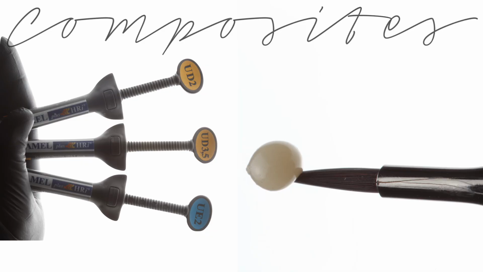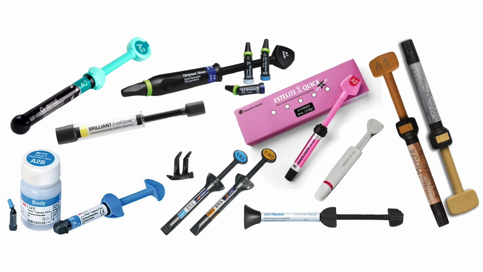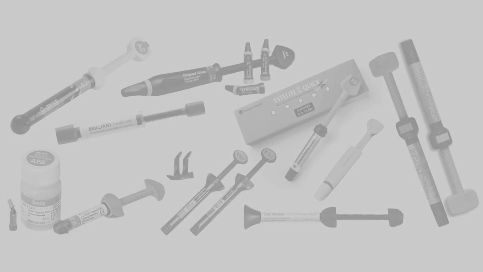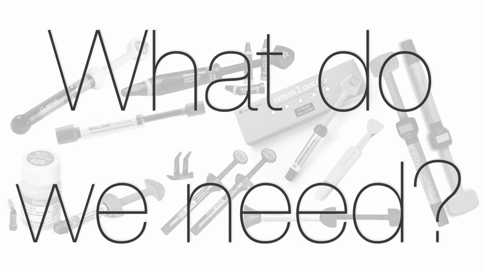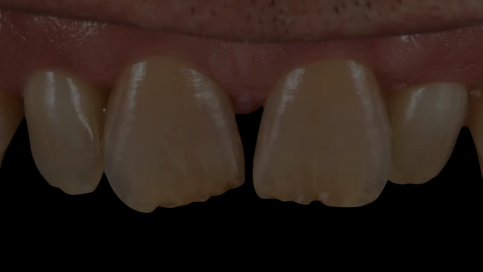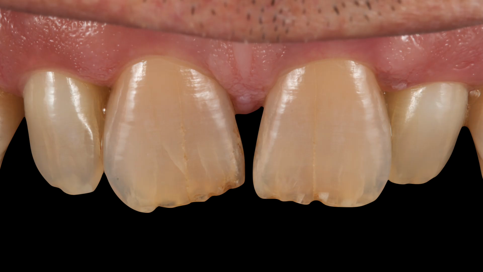So talking about the composites, the material per se, we have a lot of brands in the market. We have them with fewer masses or more masses, dentin masses and enamel masses. We have a lot of materials, but what do we really need from a material? We need them to help us imitate the anatomy, and we have to train our eyes to do so. So we need the material, but we need our eyes to see what we need from them.